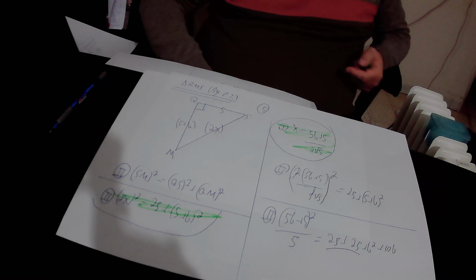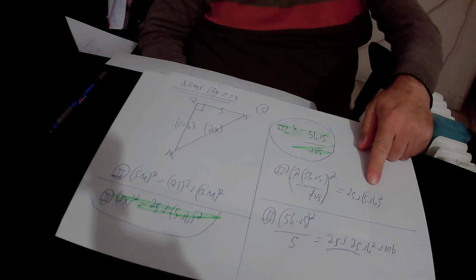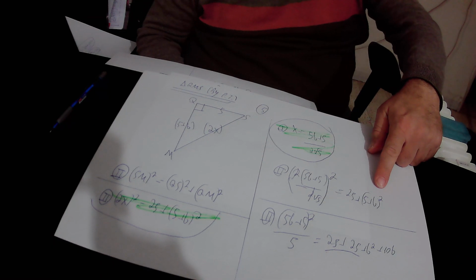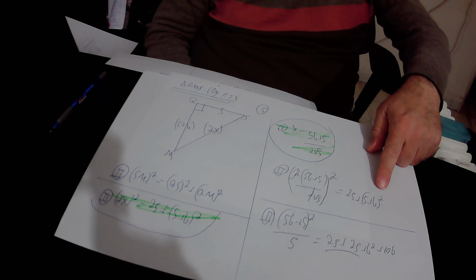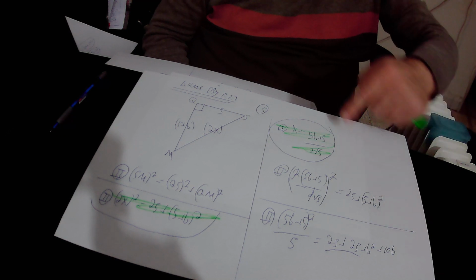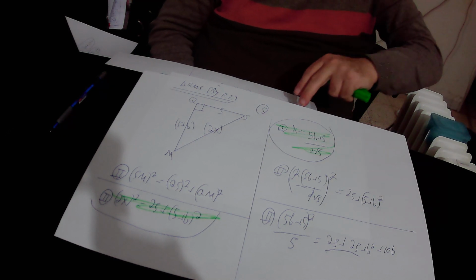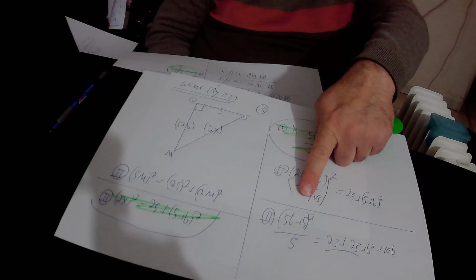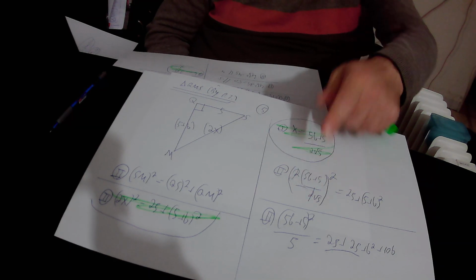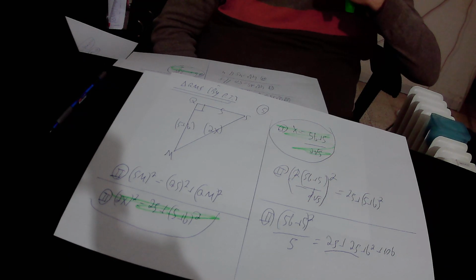On the other side of the equation we have (5 + b) squared. (5 + b) squared equals 5 squared, that is 25, plus b squared, plus 2 times 5b, which is plus 10b. Okay, then we open the brackets on this side of equation number 2, and finally we found out that